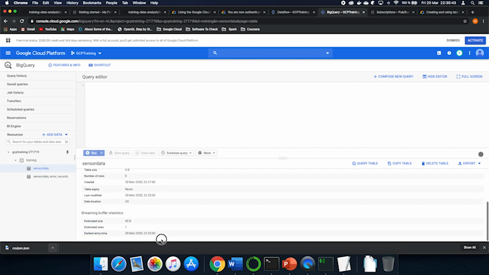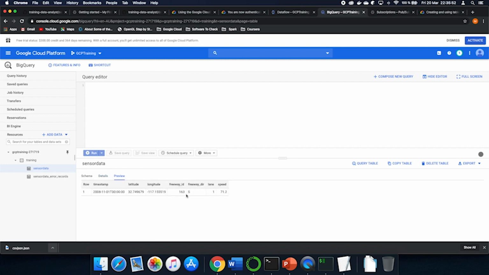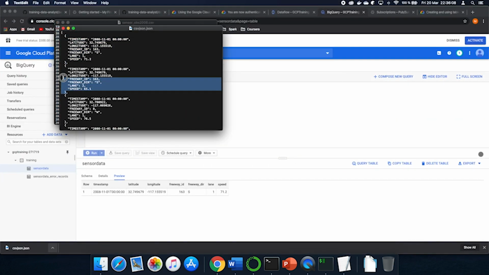And we are. You see that we have some buffer statistics, which means this element is going to be added now, and it's here. So we have done it, guys. As you can see, after 3 tries, we solved all problems and we have our row in BigQuery. Congratulations. And now let's add some more rows, at least 10 or 15.